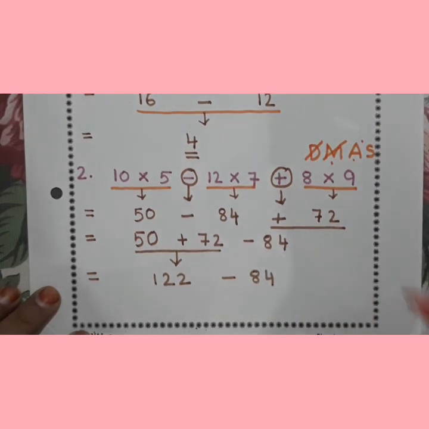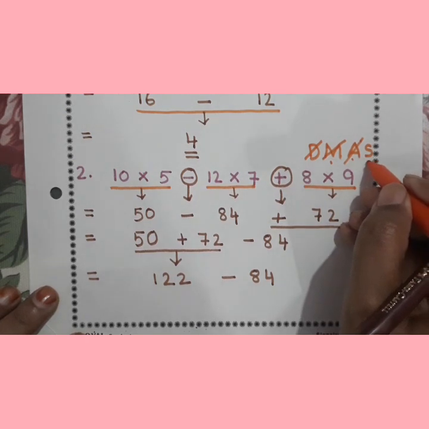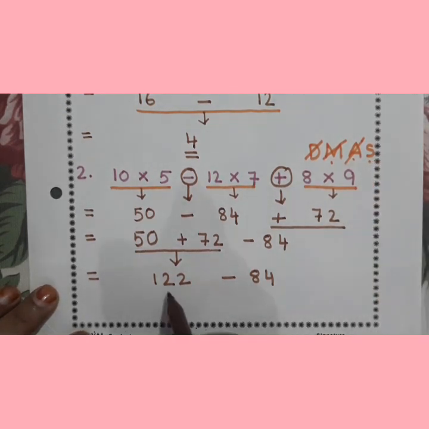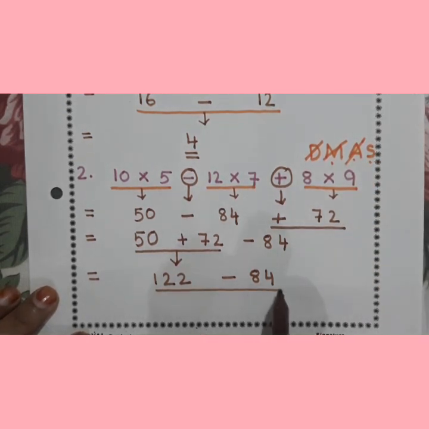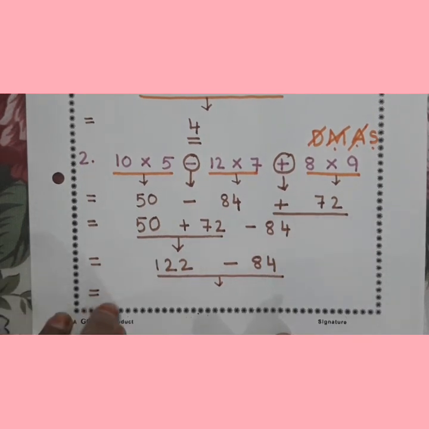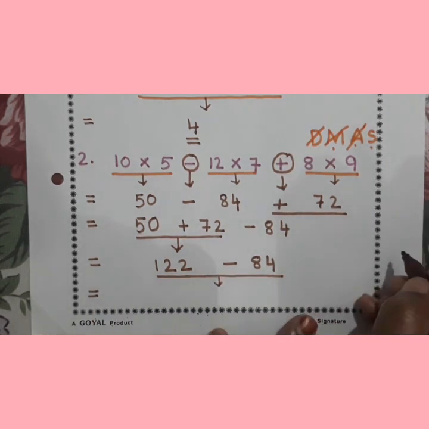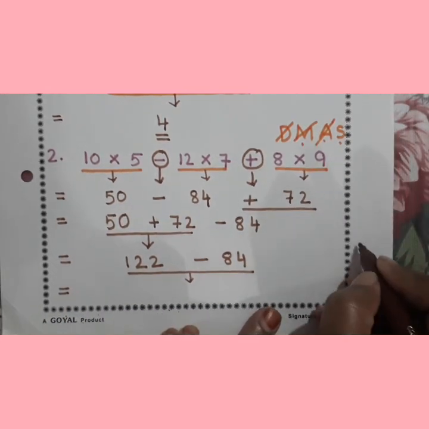So our addition is also over. And the last thing that we have to do, it is subtraction. So underline this, make an arrow, subtract and then write down the answer. Alright. So how do we subtract? I had told you, if you are finding subtraction difficult this way, you can definitely do the rough work.